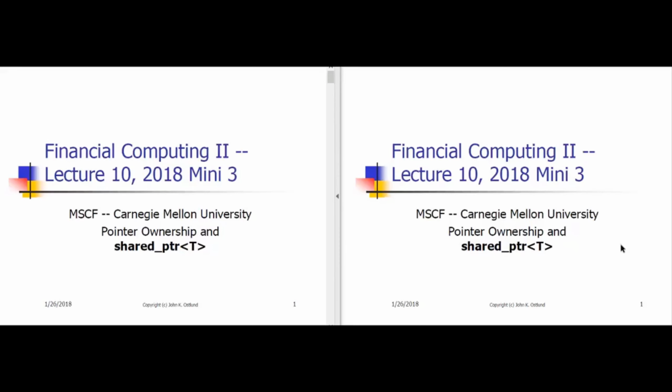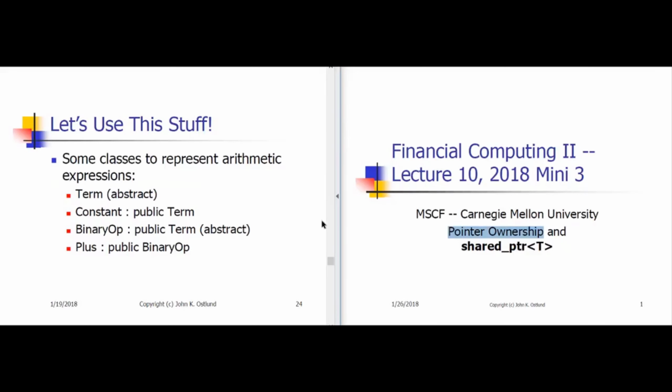Here in Lecture 25, we're going to take a look at the issue of who owns pointers to dynamically allocated objects, and therefore who is responsible, or which part of your code is responsible, for properly deleting these dynamically allocated objects. I'd like to review what we looked at back in Lecture 19,